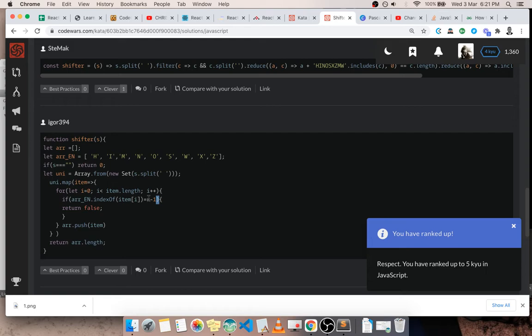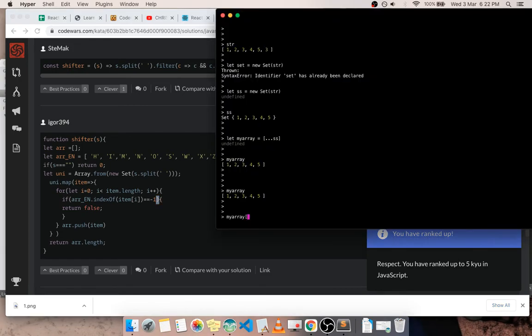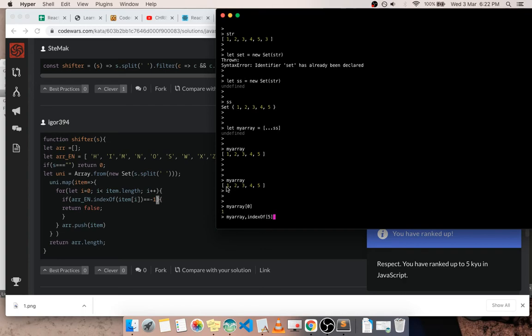If I say my array dot indexOf, so what is the index of 5 in my array? It's 4, let's see. Remember, JavaScript arrays are zero-based index, so we have 0 1 2 3 4. So if I check for 5